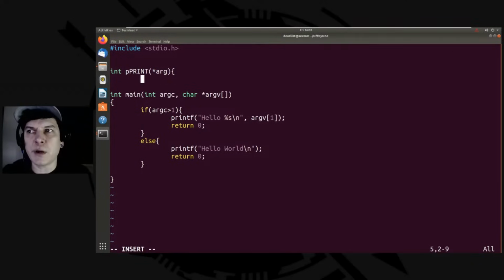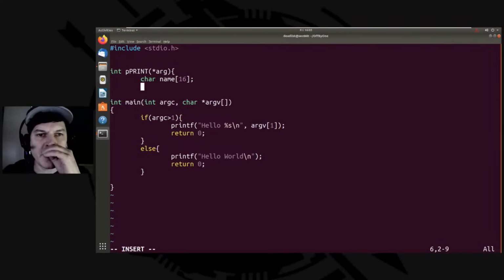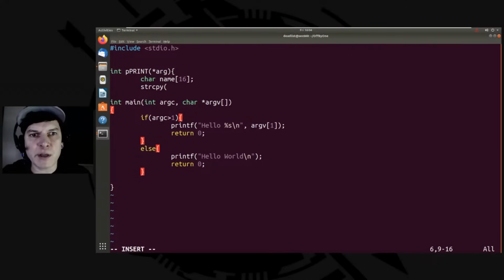What I want to do in here is say char name. I'm going to create a little guy here. All right, let's do char name 16 bytes, and then I'm going to want to do something stupid, which is strcpy. So if we strcpy, and I'm sure I'm going to make a mistake and have to fix it here, but strcpy into name our argument,